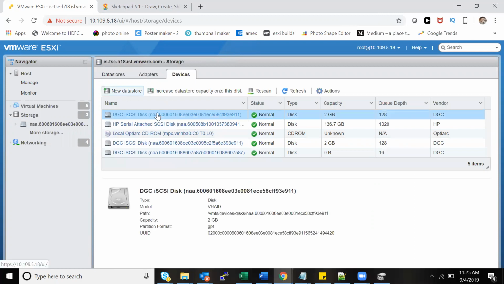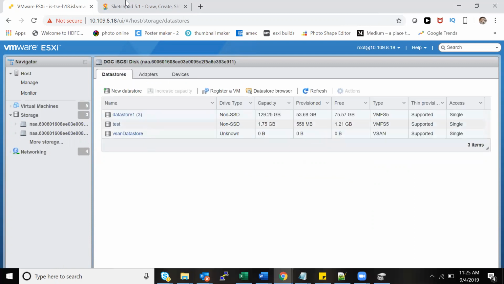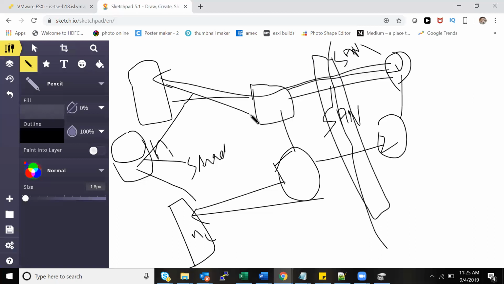Yeah. So if you see here, these are 3 LUNs that are presented. DGC is a LUN. Only one is a data store. I got that clear. So I can only create one data store out of one LUN. One LUN, yes. And if I don't want that data store used by a particular host, you don't have to present it. I just have to select it. I don't select it. That's all. But they won't do that.